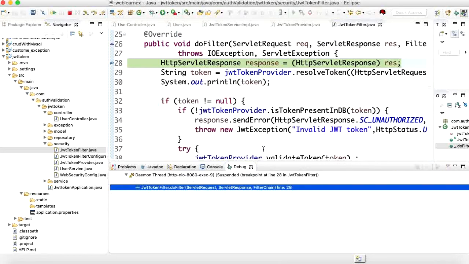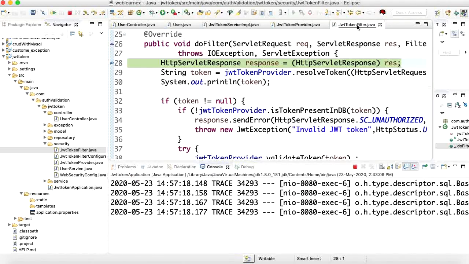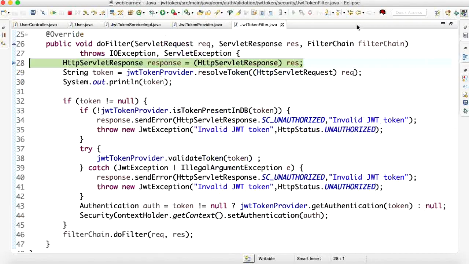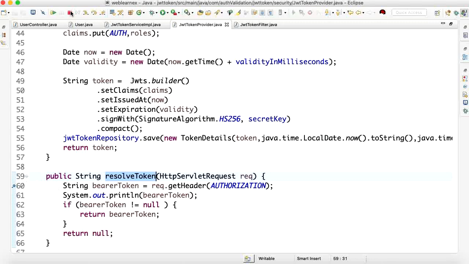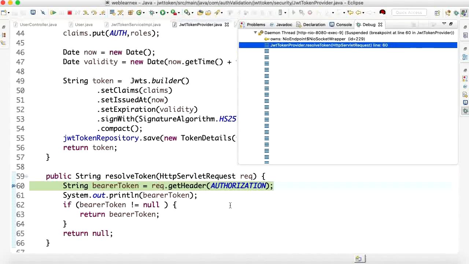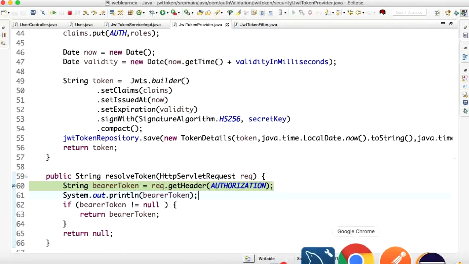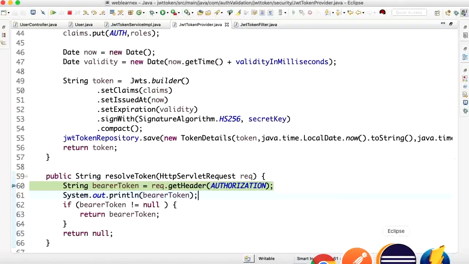So if you observe here, when I hit any other endpoint, it first enters the doFilter method, and first it will check whether the token exists or not in the incoming request. In the header, if you observe, I pass the authentication keyword.